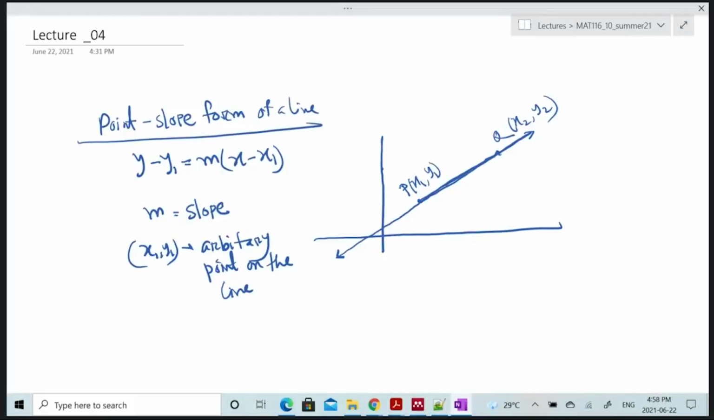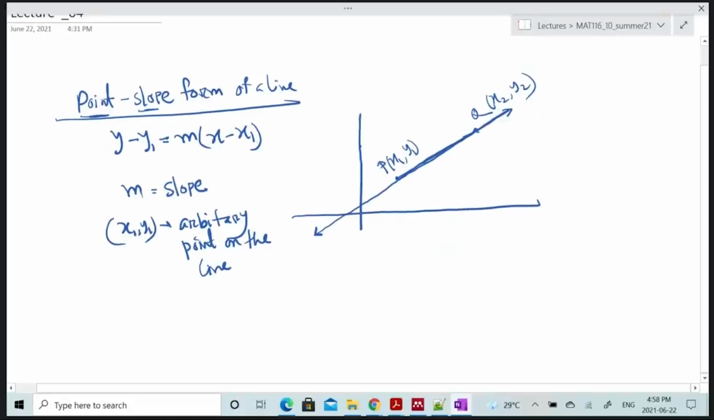The name came because we need slope and we need a point to use this equation. So you can see that the arbitrary point x1, y1 will be given, but we need to know what is slope, or we need to know how to find the slope. So first of all, we're gonna see that. Before we see that, we need to know what the slope means. Slope means basically the angle